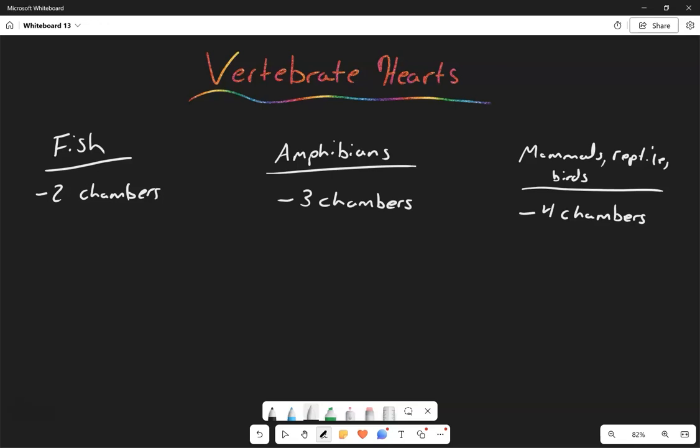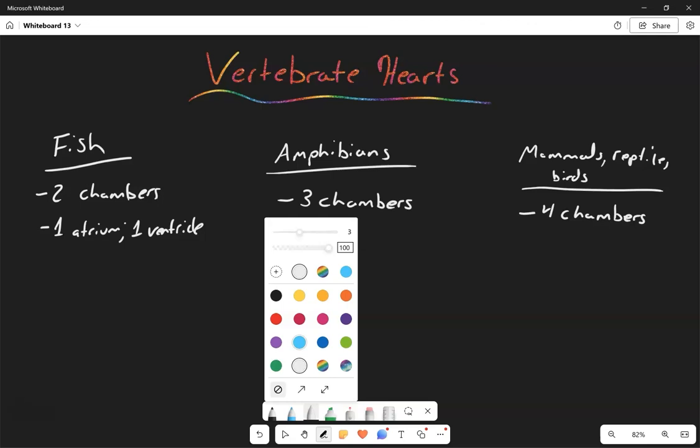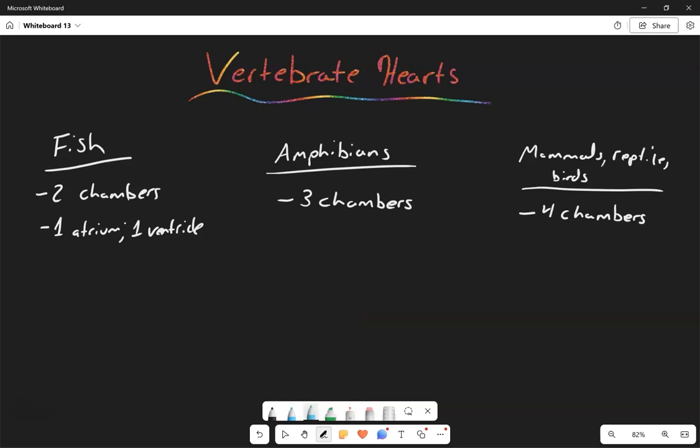Right? And so you have receiving chambers, which we call atria, and you have sending chambers, which we call ventricles. So the fish has essentially one atrium and one ventricle. So if we look at that, we have a blood vessel coming in,